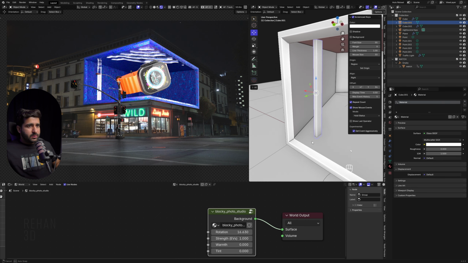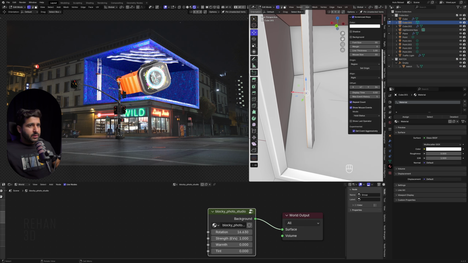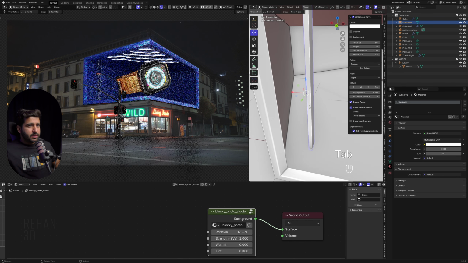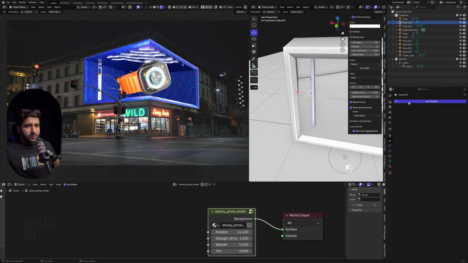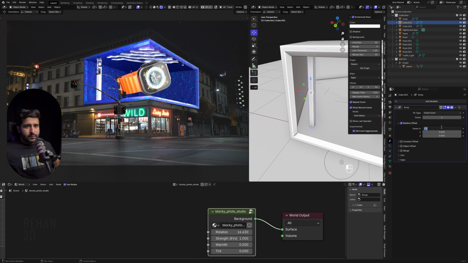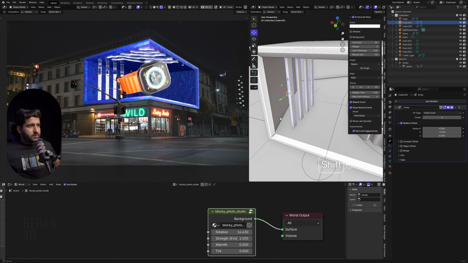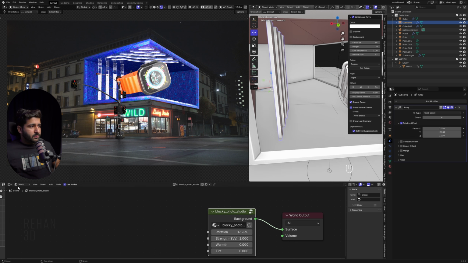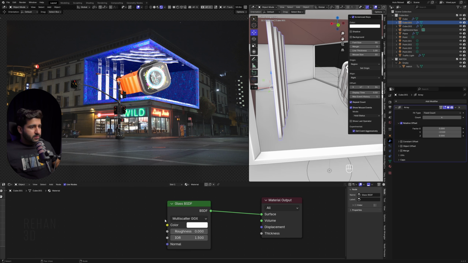Okay guys, let's set up this shape and move it here like this. We simply add a modifier, array, make Y minus, like this. Just move it here, put in the object, decrease its IOR like this, and decrease the roughness.